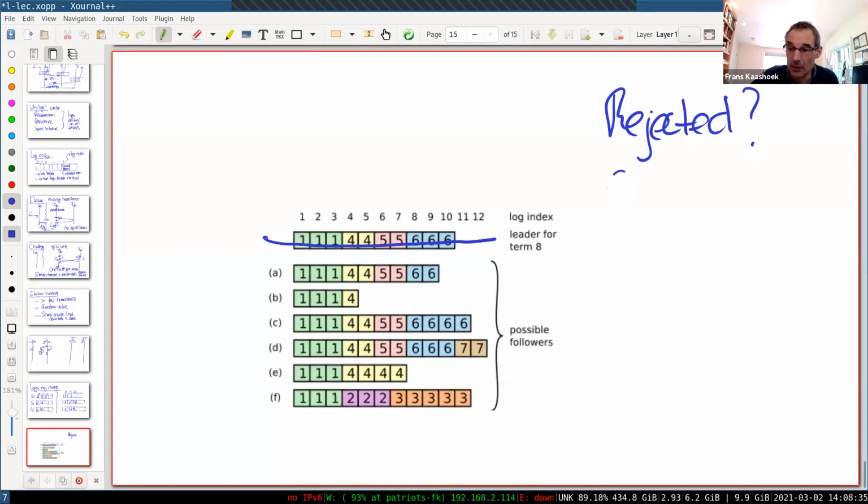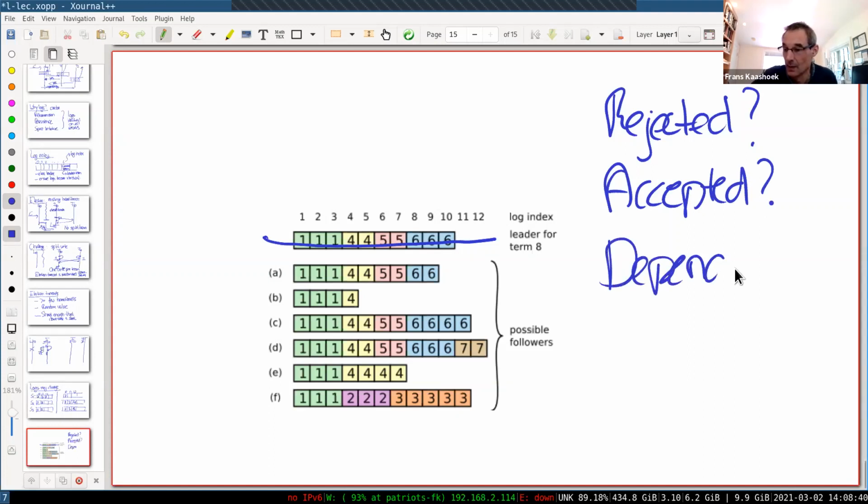Which one will be accepted for sure? And which ones depend? I think this is an important exercise to do, because once we understand what all log entries are possible, what the possible outcomes are, it will really firm up our understanding about how Raft is supposed